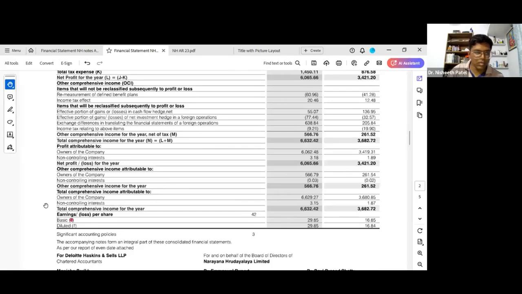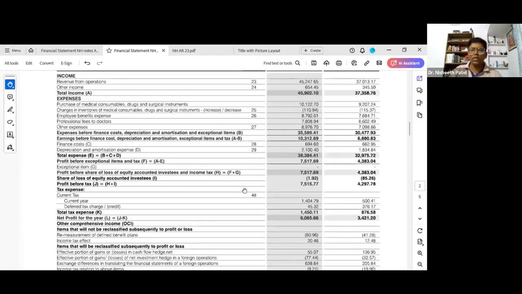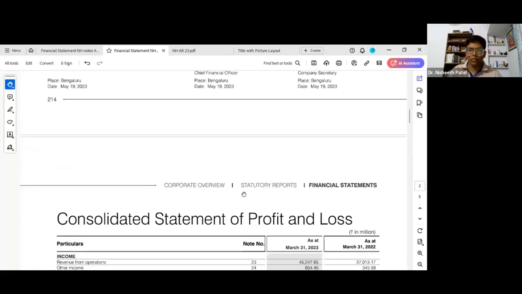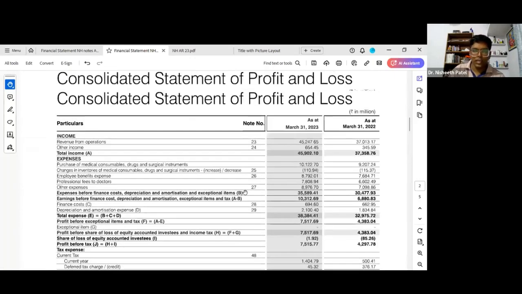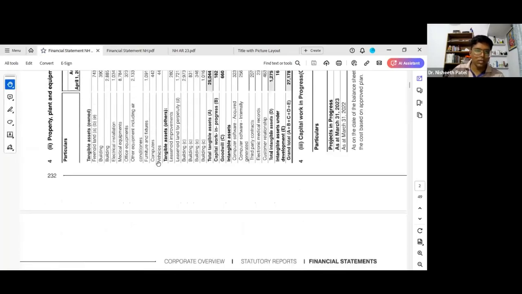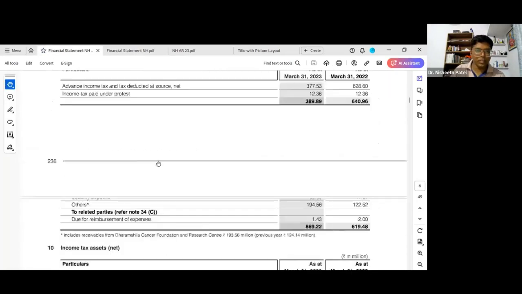So the last thing we have seen is the earnings per share. Okay, earnings per share is 29.85. For each share of the company, the company is earning 29 rupees per share. Okay, so this is the basic overview of the profit and loss statement. Okay, so as I was talking about these notes, if we can see that this is the notes segment, I can